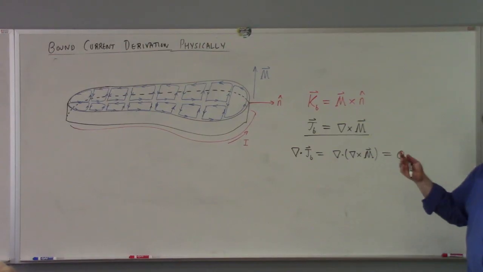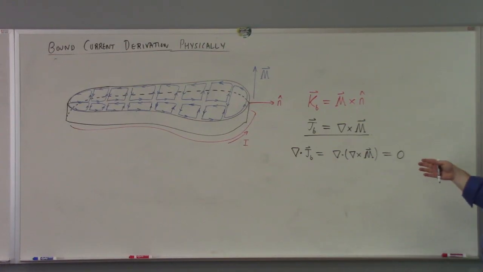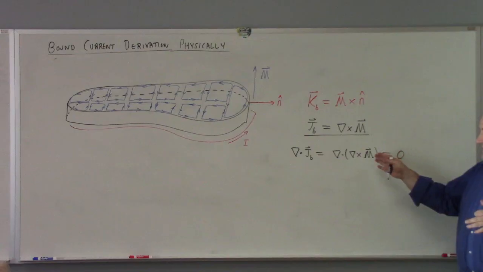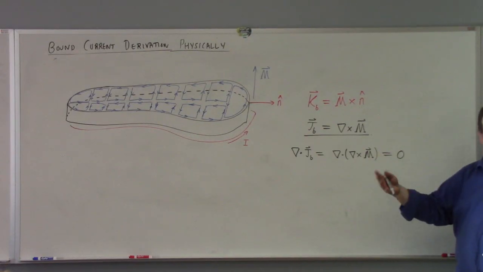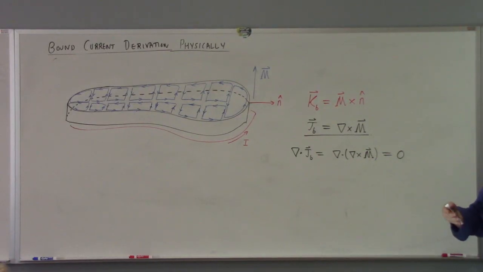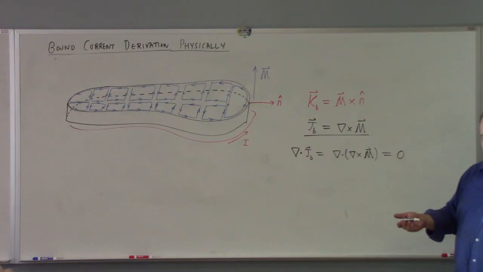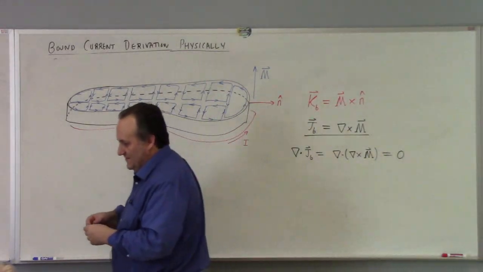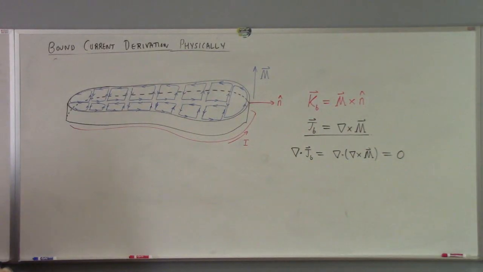It doesn't have to be uniform magnetization, but it's not surprising that these bound currents are steady. It'd be really weird if the magnetization produced currents which were not steady. That would be wild, wouldn't it? There are probably such materials, but